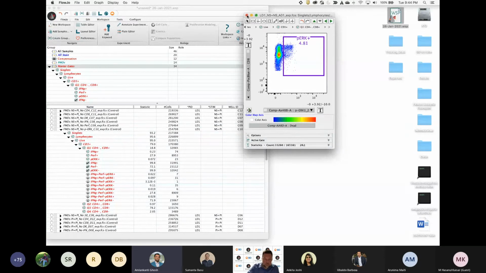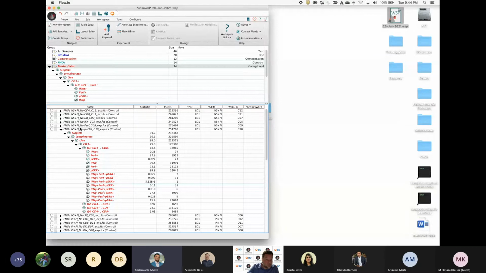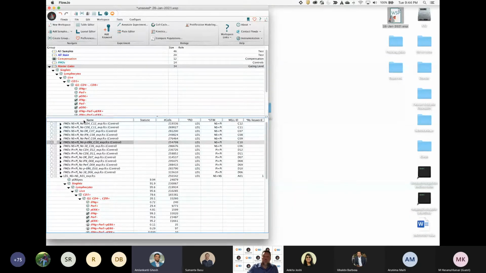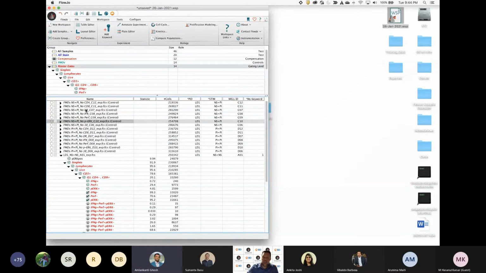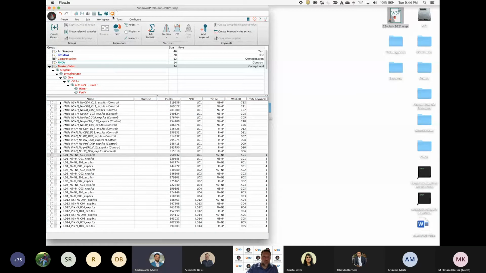So we'll take a couple more questions till the break. Sure. The next one comes from Karuna, who is asking, what is the use of the parameter key option while creating sample groups? Oh, that's a really good question, and it's something I just skipped for the sake of time. So the keyword band under the workspace tab has this option to create groups from keyword,